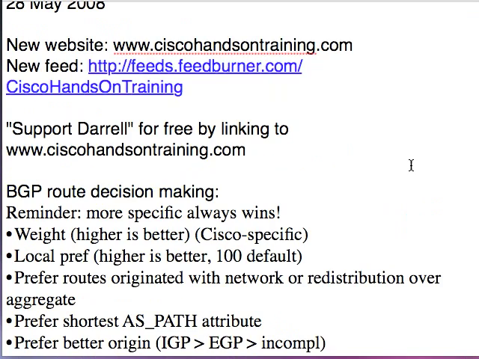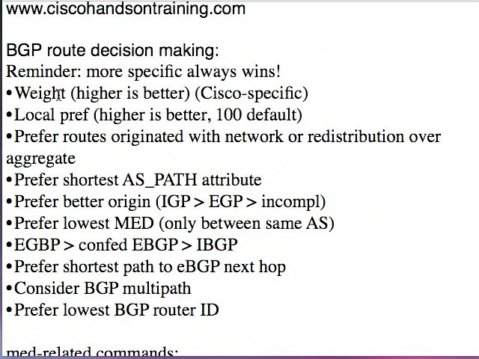Let's review the BGP decision-making process. The highest priority is weight, which is a Cisco-specific configuration item that's configured locally on a router. Next highest is local preference. That's a well-known optional attribute. 100 is the default local preference. If weight and local preference are the same, then you prefer routes that are originated with